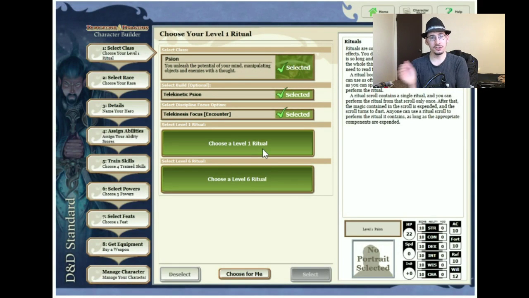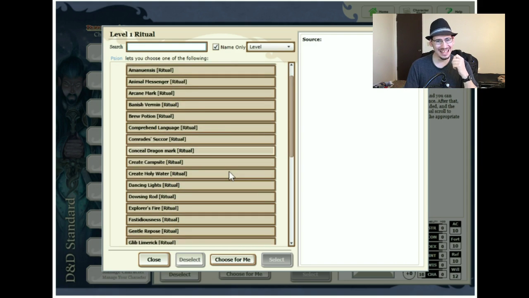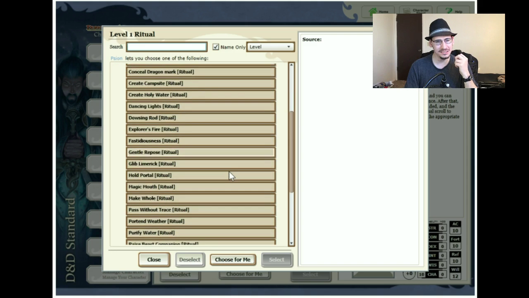Now, psychics are able to cast rituals in this edition, and rituals tend to not get used very much in my experience, which is kind of a shame because some of them are really freaking cool. Rituals are basically long-term spells that have either extended effects or very, very powerful effects. And for our telekinesis,